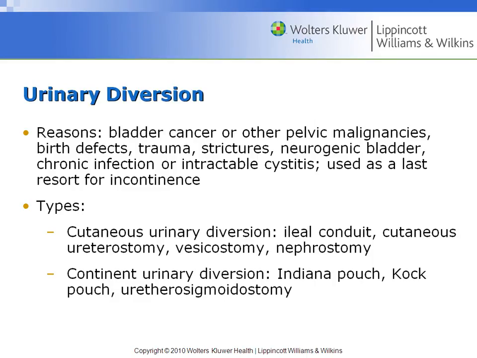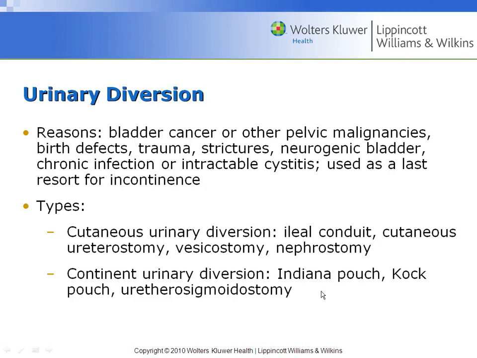We talked about urinary diversion. The main reason for urinary diversion is bladder cancer or other pelvic malignancies. It could be due to birth defects, trauma, strictures, a neurogenic bladder, chronic infection. Okay. It's used as a last resort where there is incontinence. Okay. We talked about the different types, the diversion of the ureters with the ileal conduit, nephrostomy, and then the continent urinary diversion, where they create a reservoir with the Indiana pouch, Koch pouch,